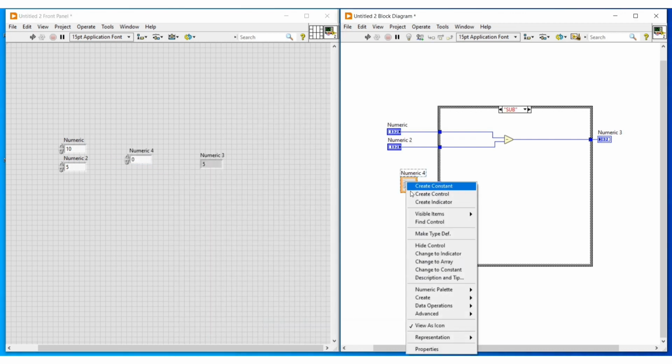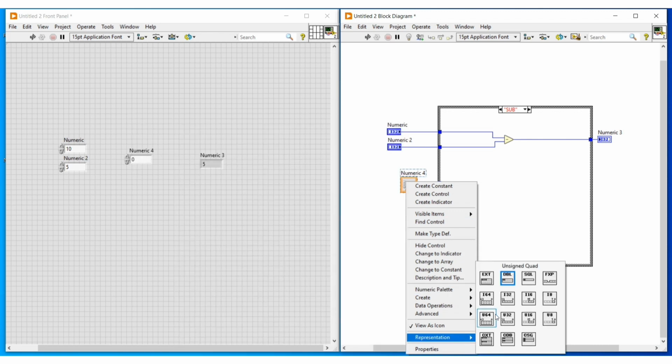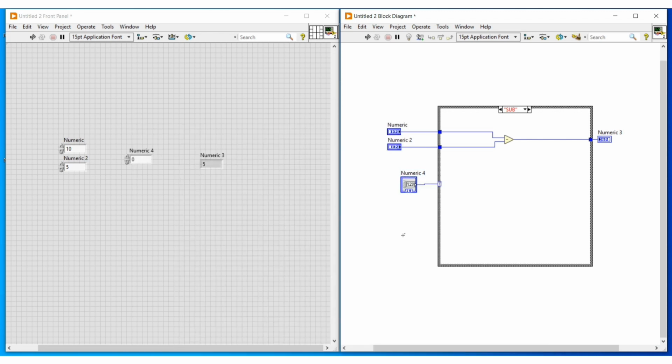So next we can see how a case structure works with numeric control. So I am replacing this string control with numeric control, and then I am doing a right click on the numeric control, and on representation I am selecting I32, so that the double numeric control gets changed to long numeric control. And now if we see the cases in the selector label, all the cases are in red color, because when we connect numeric control to the case selector terminal,